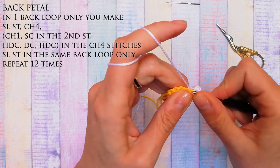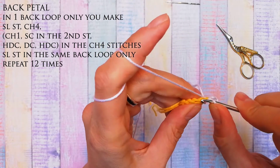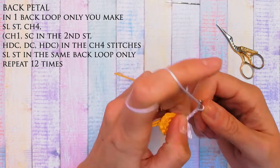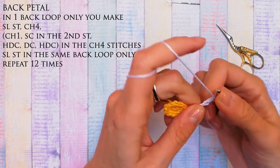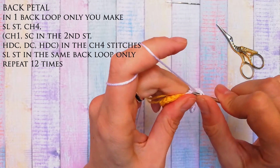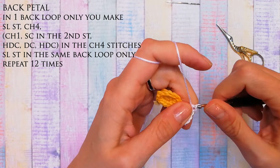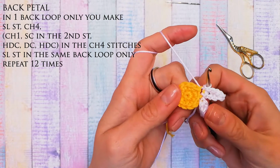I have to join it with the slip stitch in the same stitch and then move to the next one, again just through the back loop. I'm gonna do a slip stitch. So chain 4, now chain 1 and a single crochet in the second stitch from the hook, a half double crochet, a double crochet, a half double crochet, and a slip stitch in the same stitch. Now 2 petals are done,